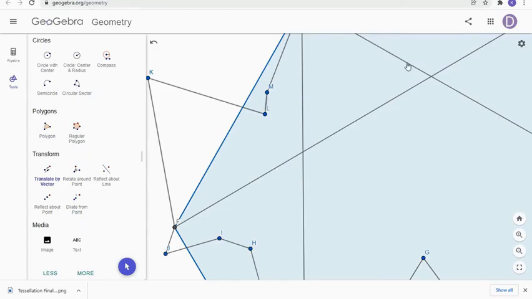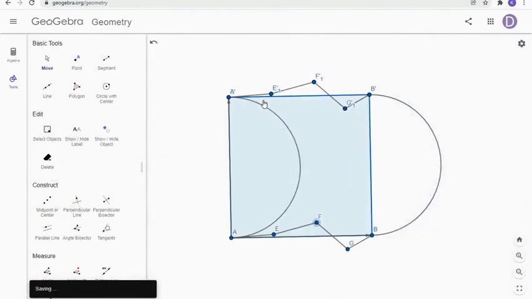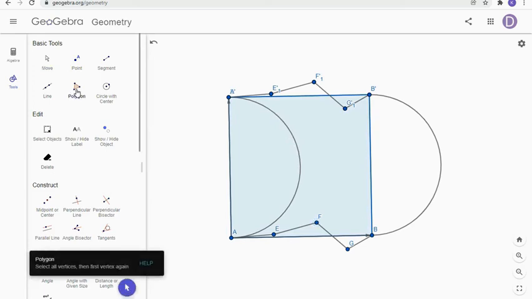And I am done deforming it later. All right. So now the goal is to be able to translate this along. How do we do that without having to take it piece by piece? Well, the thing we can use now is the polygon tool. Now, here is why